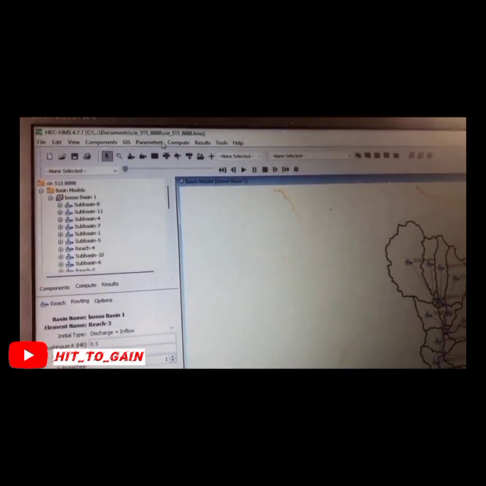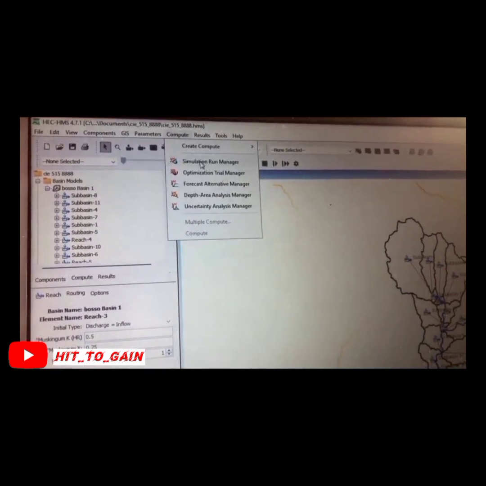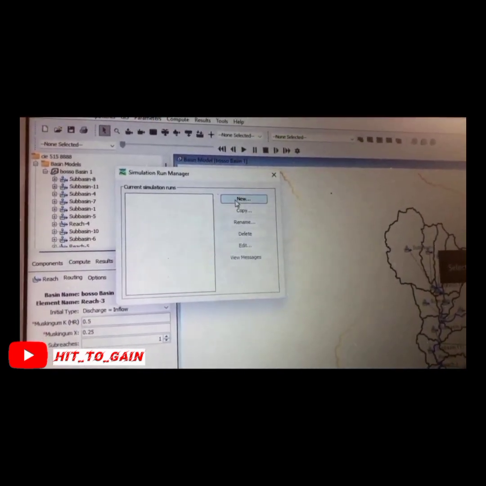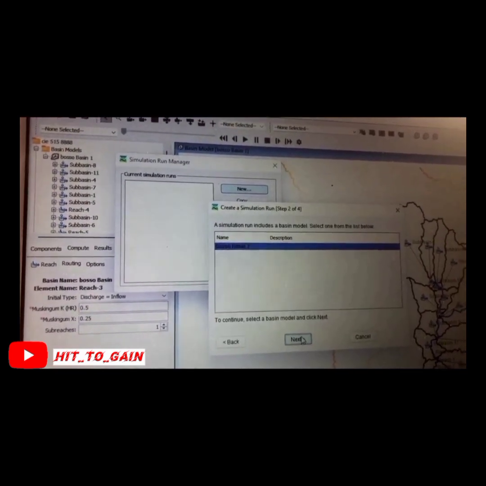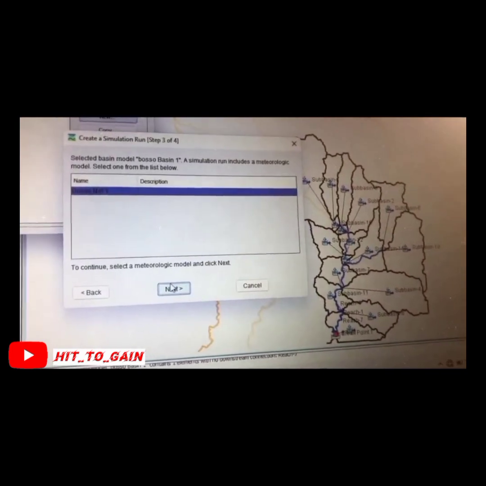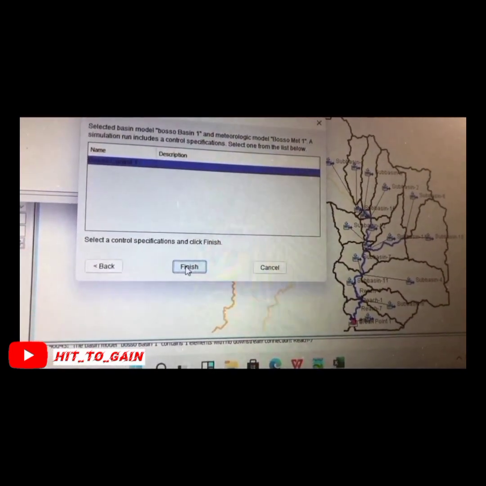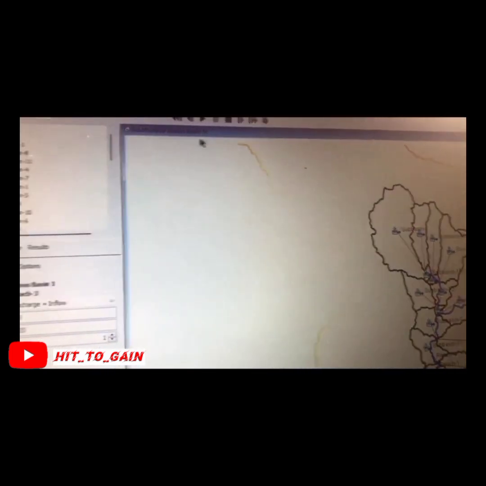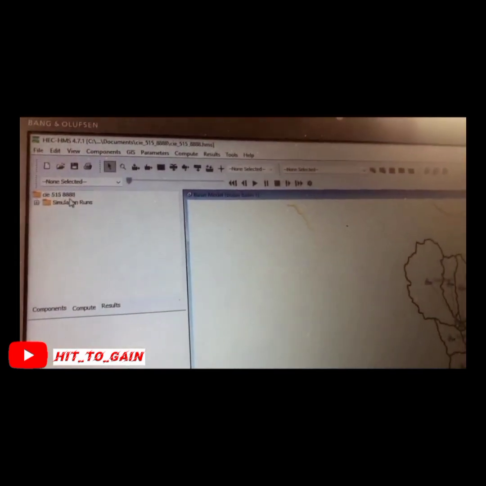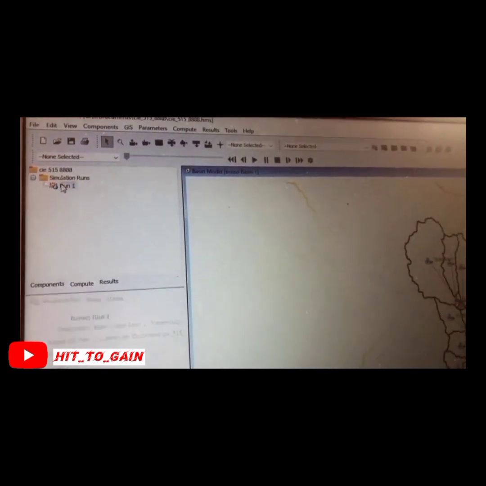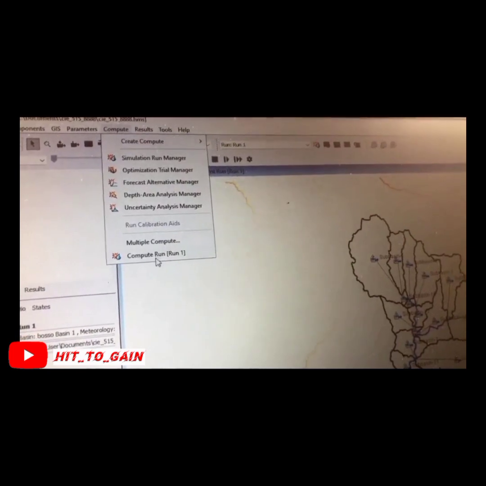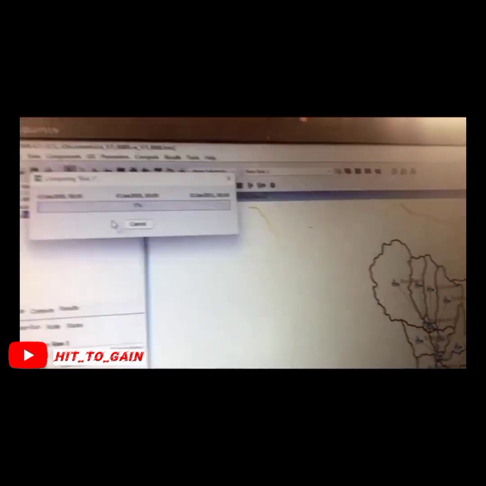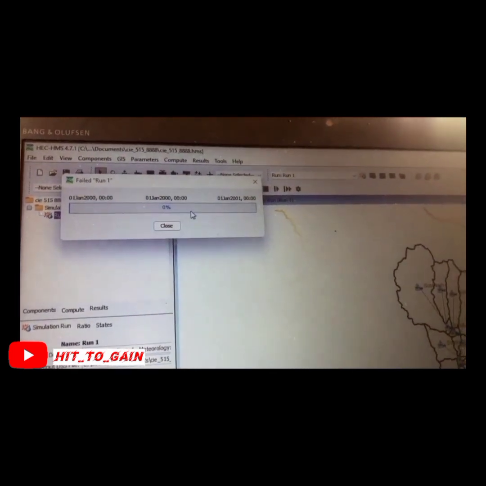So you click on compute, simulation run, manage, I click on it, new. You see run 1, Boso run, you click on next. This is Boso Basin, the first thing we created. Boso met, Boso control, and you close it. You come to this part, you click on compute. You see that simulation run, the one you just created. You click on the plus sign, you click on run 1, then you come back to your compute. This is compute. You come to compute run, you click on it, and it's supposed to give us 100%, but